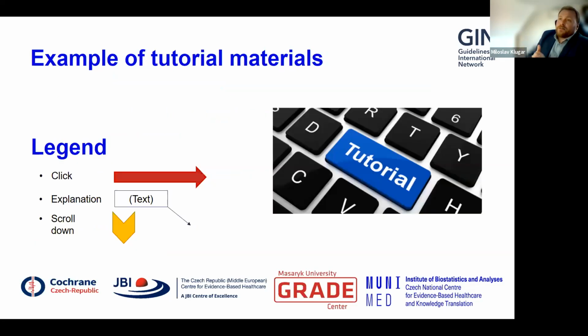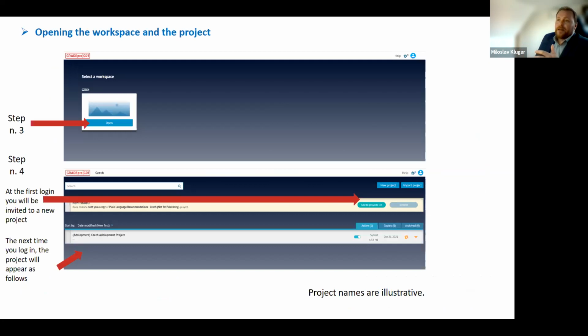So here is an example of the tutorial which we prepared for our panel members. This is just the basic legend, and then the print screens and also a short video, and the presentation which was developed for our colleagues.